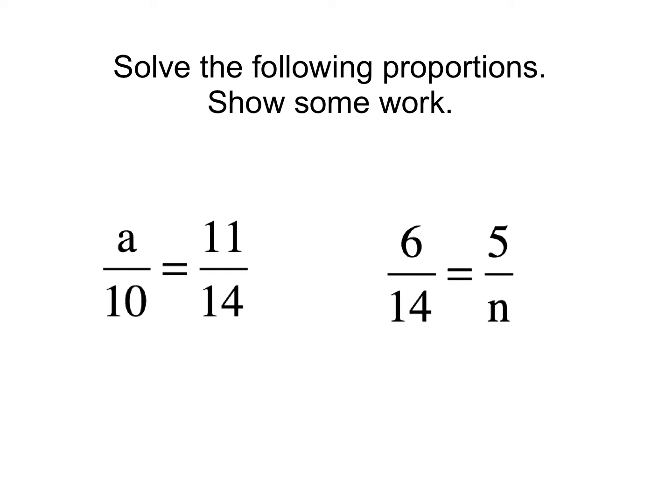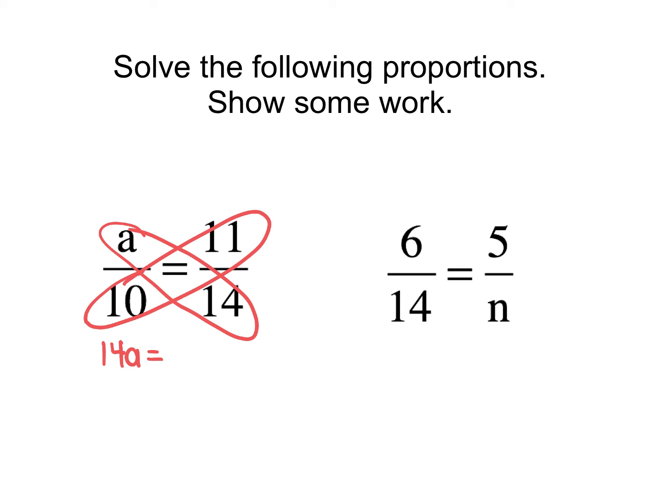So for this first one on my first diagonal, I'm going to have a times 14, which is 14a. In my other diagonal, I have 11 times 10. Well, I know 11 times 10 is just 110, which is equal to 14a. And I'm going to divide both sides by 14 now. And when I do that, I get a equals